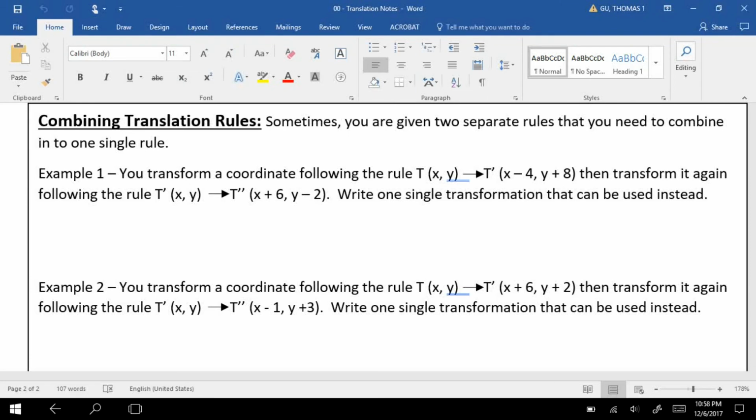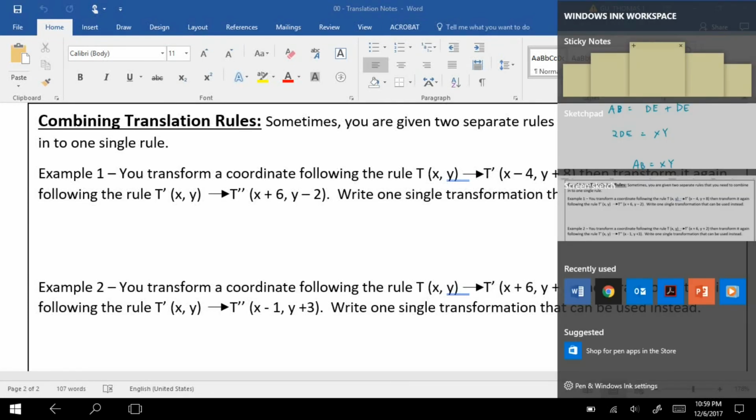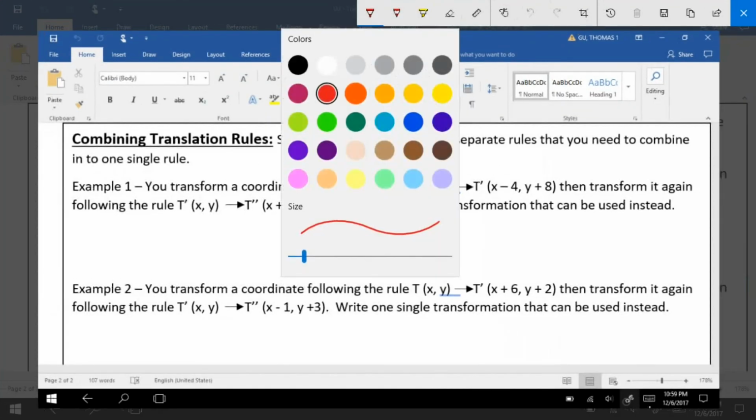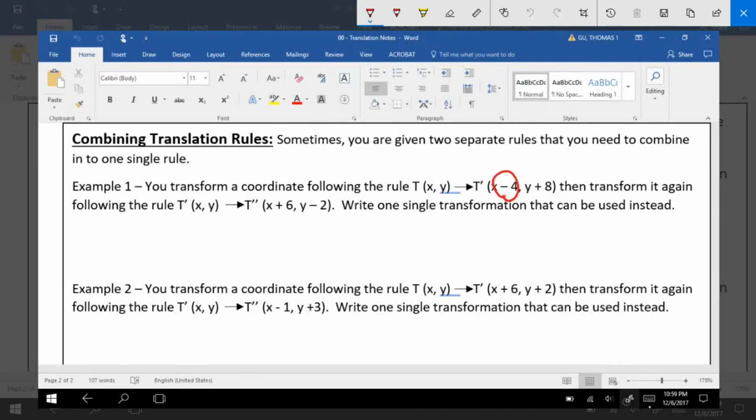Then we're transforming it one more time following the rule: t prime is going to go to t prime prime. And that's going to be x plus 6, y minus 2. So we're going to write one single transformation. Instead of doing 2 steps, we're going to do 1 step. So what are we doing? We can just add together all the transformations that they want us to do. So for example, x's. What are we doing with the x's? They want us to subtract 4,